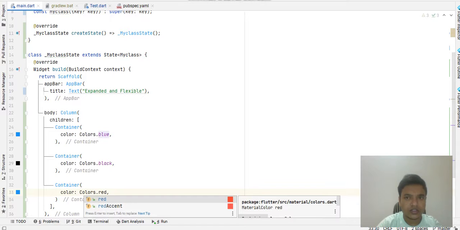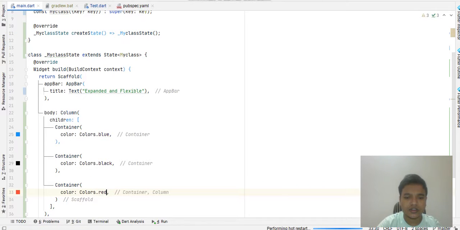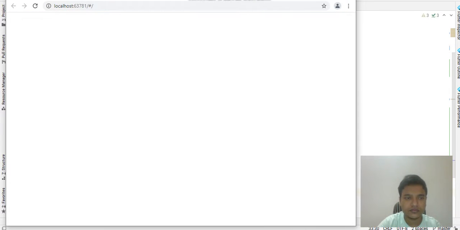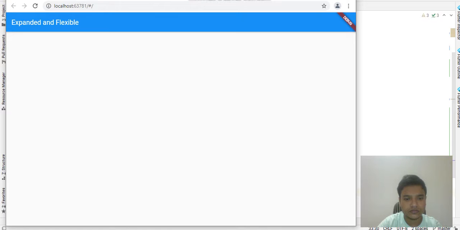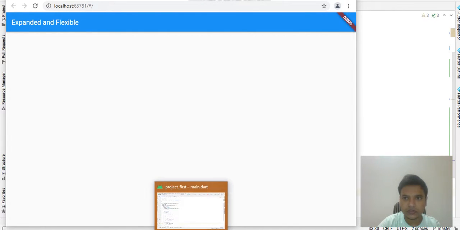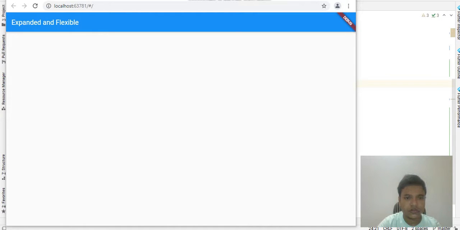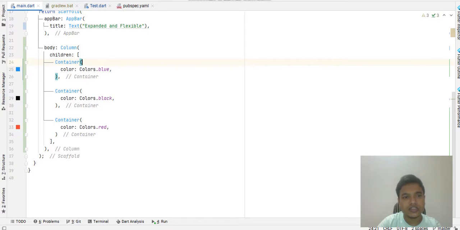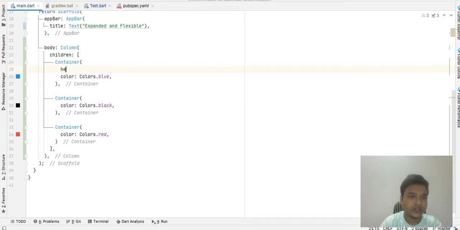Now click on hot reload and see what result it brings on the screen. Hey, what happened? Get back to the code and see. Actually, we didn't define any height for the container, so let's define a height first.